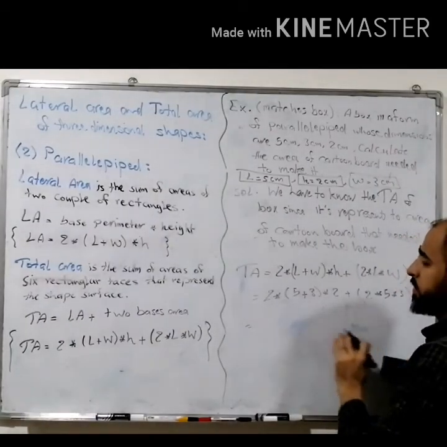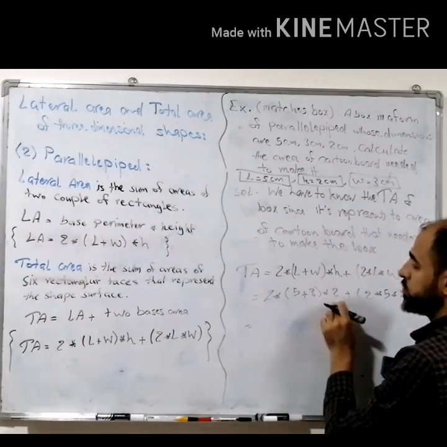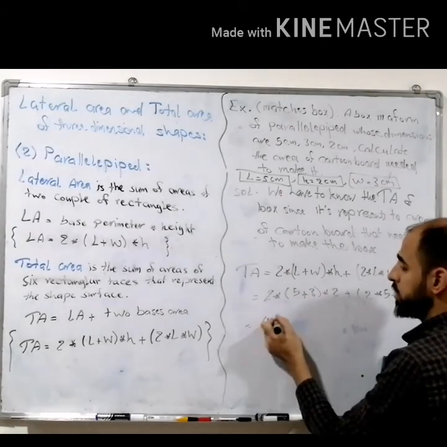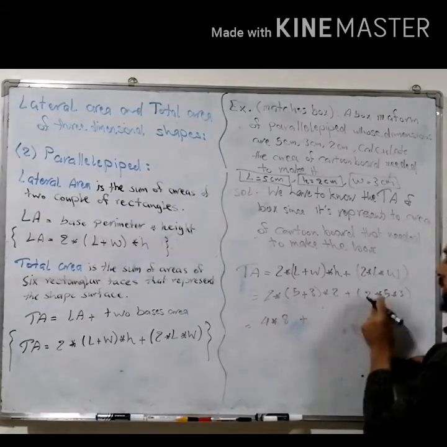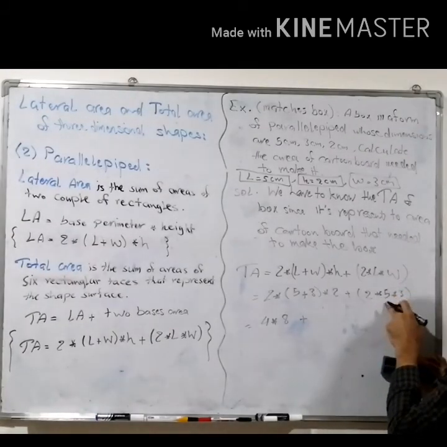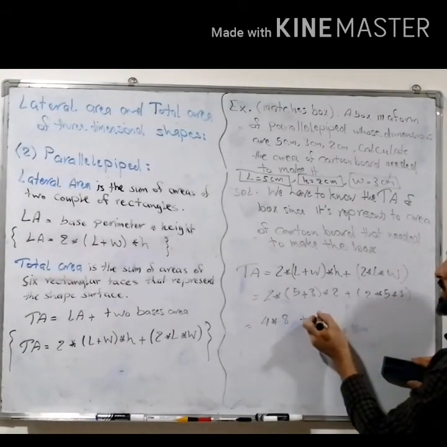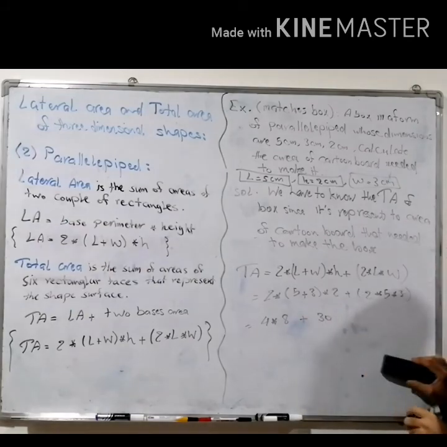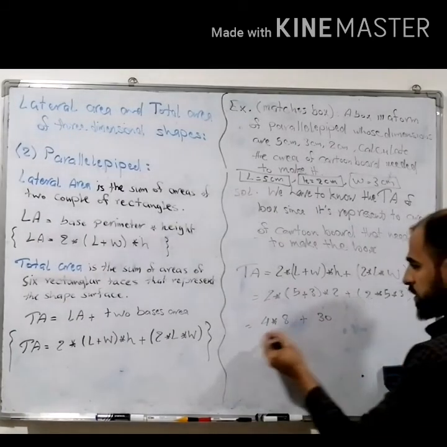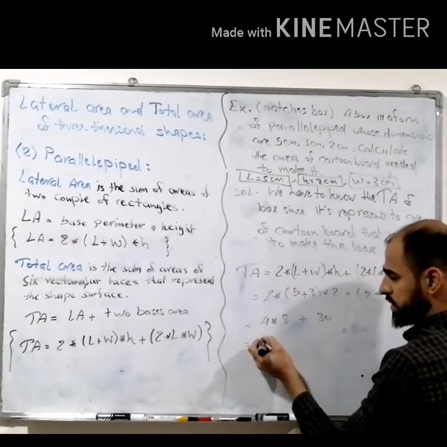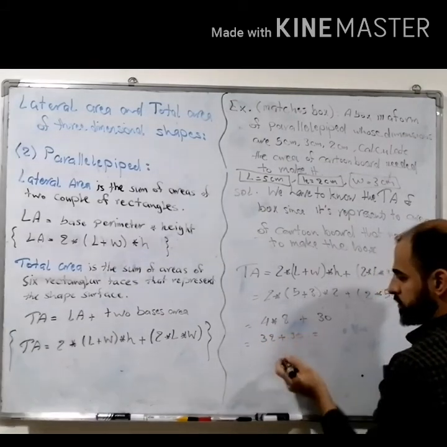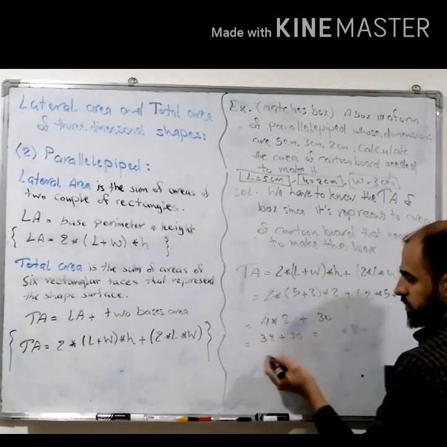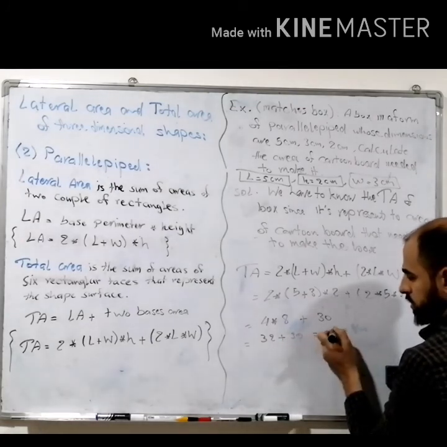Here we just have to simplify to find the result. 2 by 2 is 4. 4 multiplying by 5 plus 3, 8, is 32. Plus 2 by 5, 10, multiplying by 3, which is 30. Okay? 32 plus 30 is 62